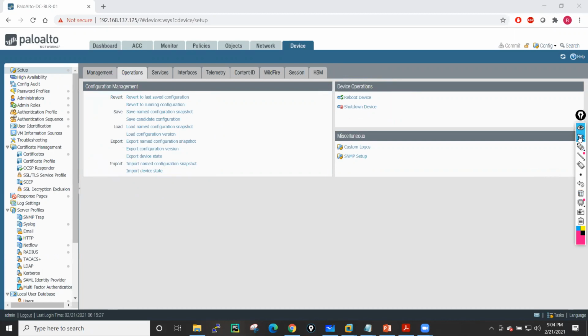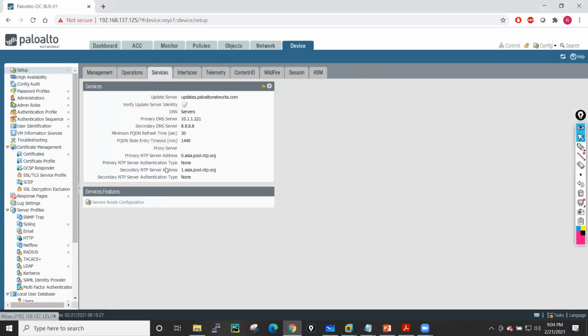Right. Now if you go to Services, this is the place where we configure the DNS settings and your NTP settings. One more thing: here you see the Palo Alto update server, from where Palo Alto updates its database, signatures, and all these details.